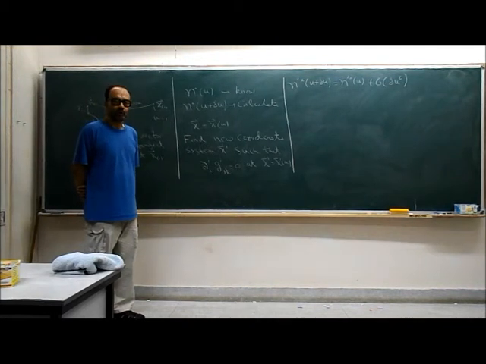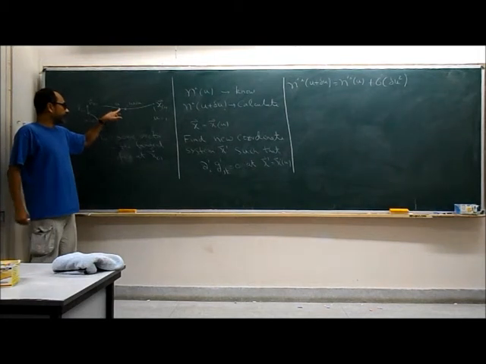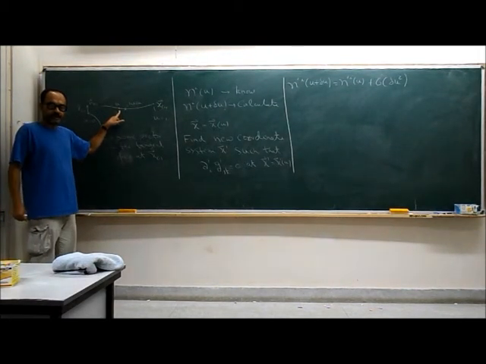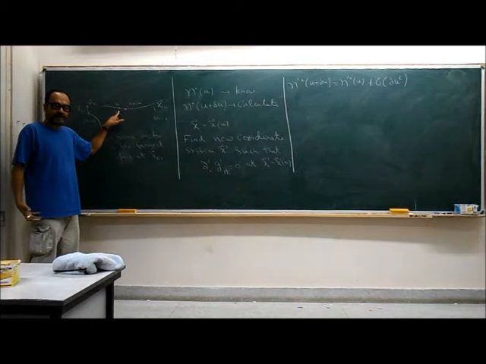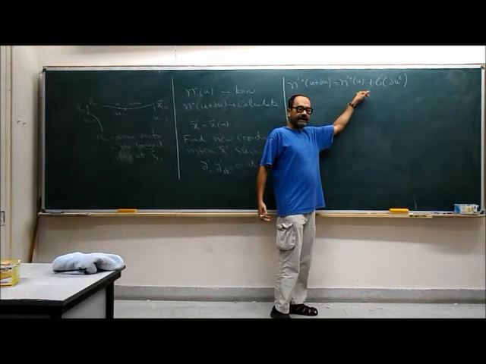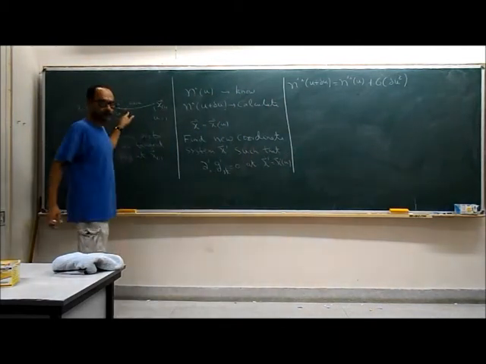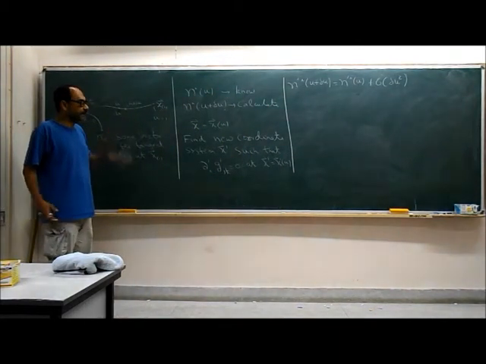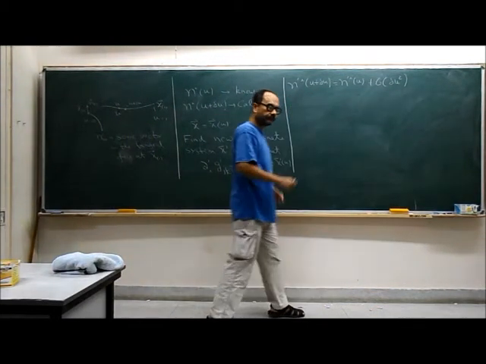So let me repeat again. The rule is that if you want to parallel transport at any given point, if you have the vector, you first make a change of coordinates to go to the prime coordinates in which the first derivative of the metric at that point vanishes. Then in the prime coordinate system, the parallel transport rule is simple. You just simply take the vector, component by component, and shift it to this point. By definition, n prime i at u plus delta u is the same as n prime i at u.